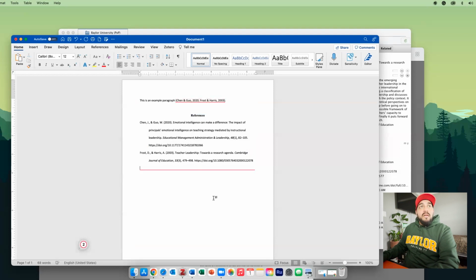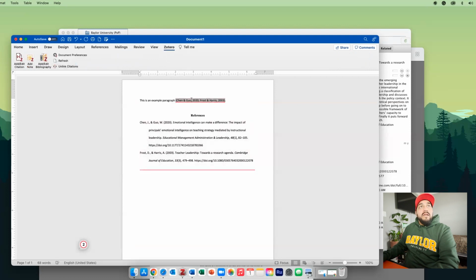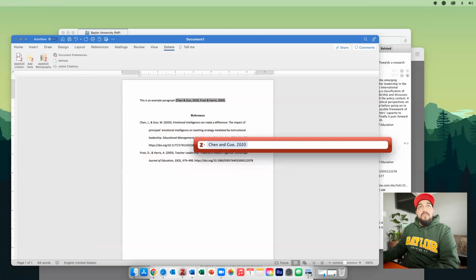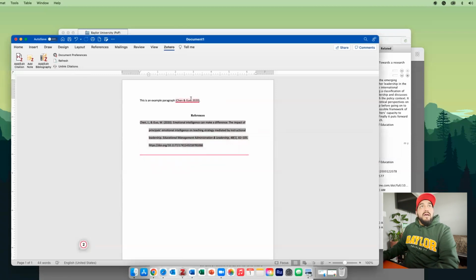Now, let's say I don't want to use this Frost article anymore. Well, if I'm in my Zotero tab, I click on that citation, I hit edit. I want to go ahead and delete Frost, hit enter. Well, not only is it going to take it out of my paper, but it's also going to take it automatically out of my references page. Now, let's say I had used Frost in a different paragraph on a different page. It will continue leaving Frost here in my references or my bibliography until I have removed all references to Frost from my paper. So really nice, so that way you don't have to keep track of all of the authors